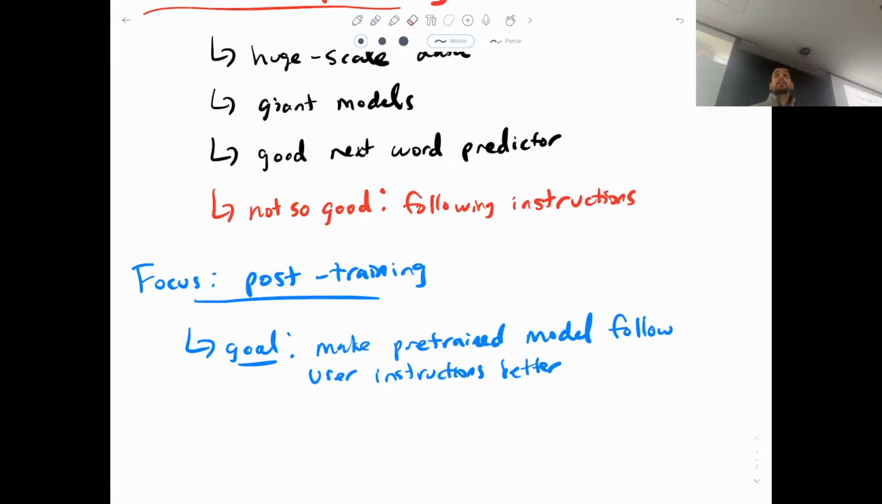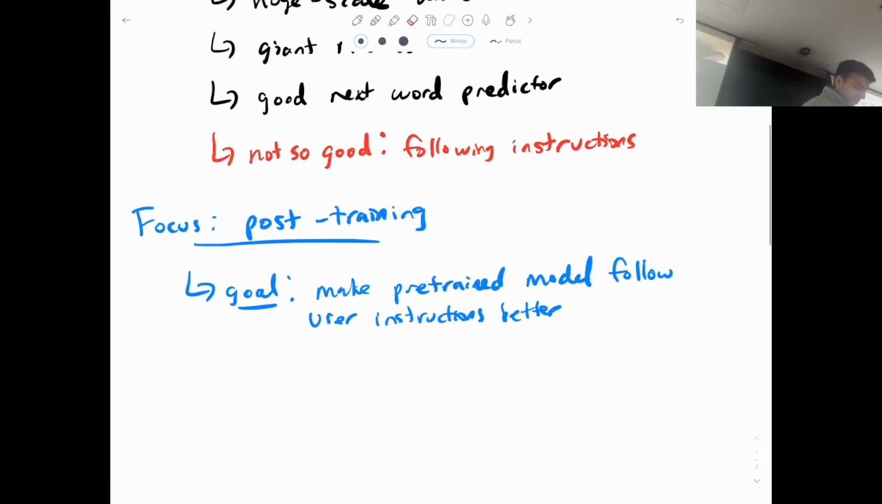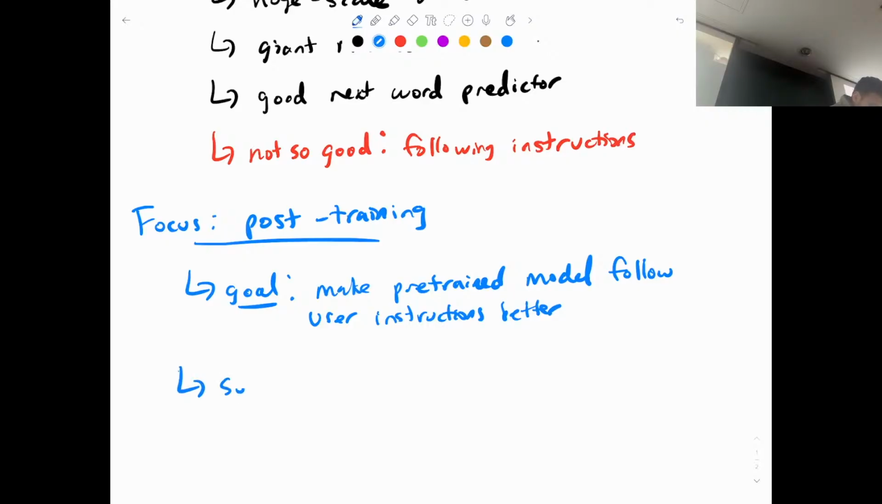How do you train such agents? How do you evaluate them? And so on. But for now, we're not there yet. We'll just focus on following single user instructions better. And then, as I mentioned, a sub-goal